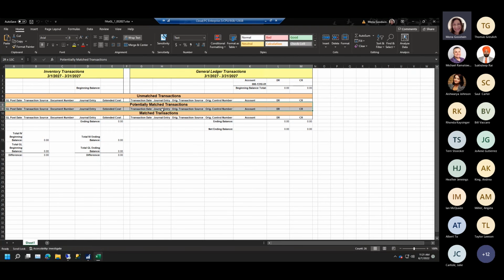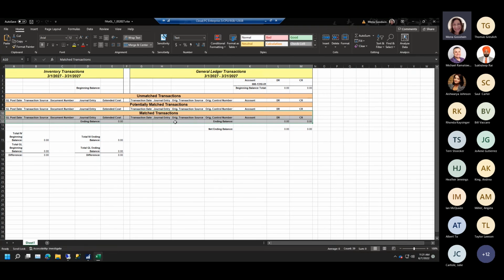Usually see people use this for AP, but I think Annie, in your case specifically, it could be very helpful for you if you ran that for inventory. You can run it for a date range. If you want to look at everything from January 1 to May 30th, or if you want to look at just a much smaller period of time, you can do that as well. You can run it for multiple accounts if need be,